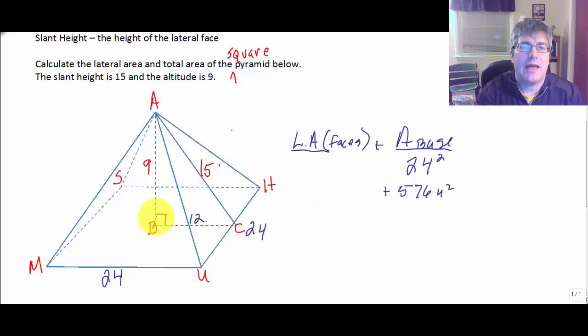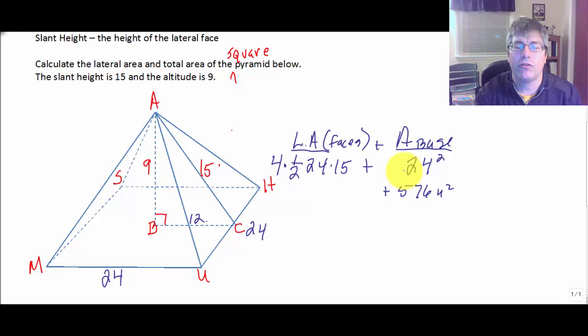Now I need to add that to the lateral area of my faces. Well, the 4 faces of our pyramid are all the same, so if I find the area of one of the triangles, I can multiply it by 4. So I have 4 times, and then my triangle, 1/2 base times height, 24 times 15, and there I've set up exactly how I'm going to find the total surface area, the lateral area, plus the area of the base. So 1/2 times 4 is 2, times 24 times 15,